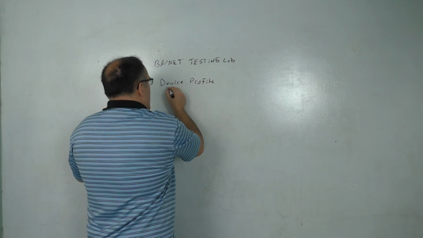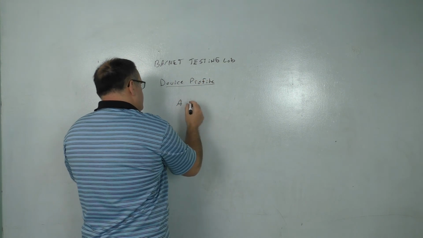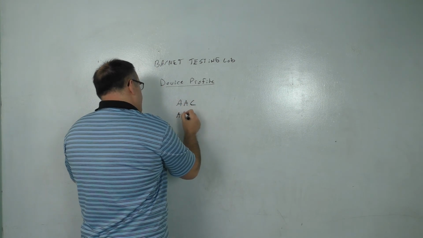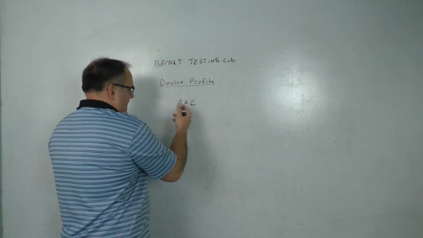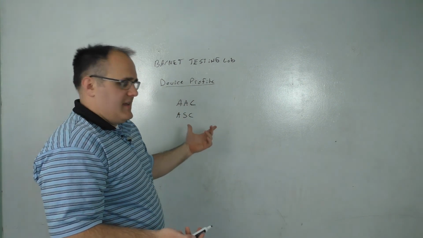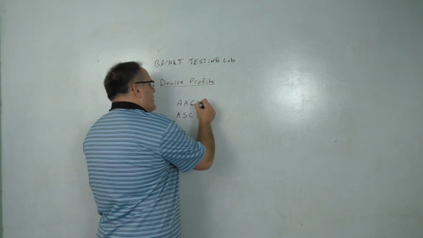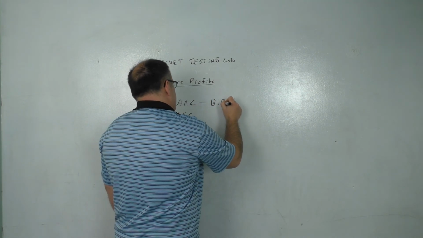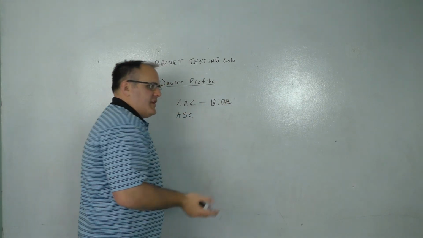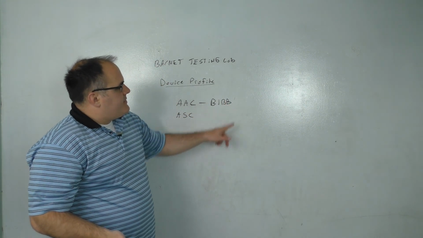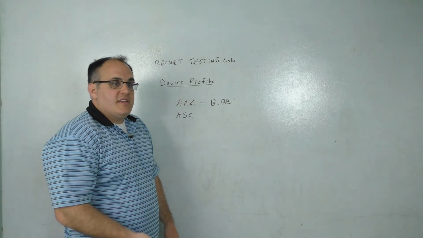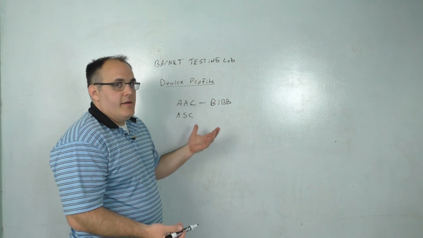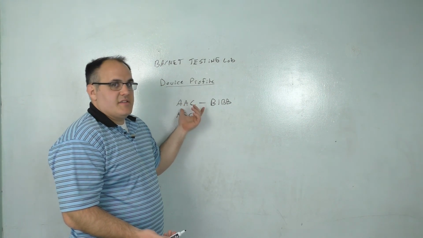And one of the most common ones that you'll run into is the Advanced Application Controller and the Application Specific Controller, AAC and the ASC. Now these controllers consist of a series of BIBs, or BACnet interoperability building blocks. Now BIBs dictate what services, what objects, what properties, etc. these devices can